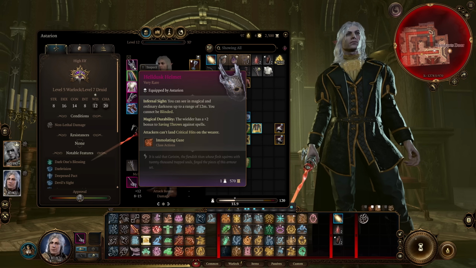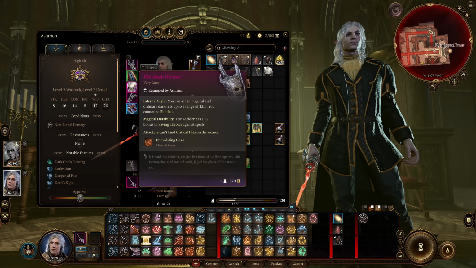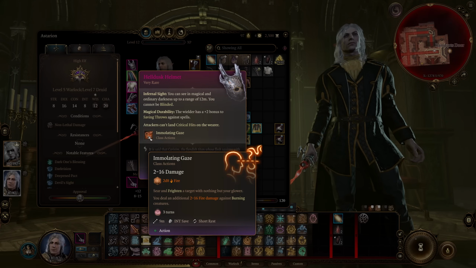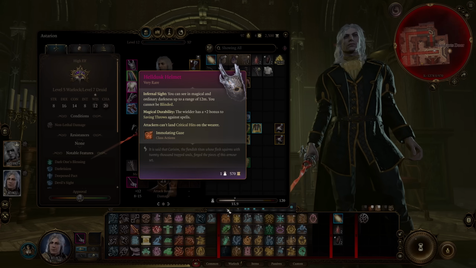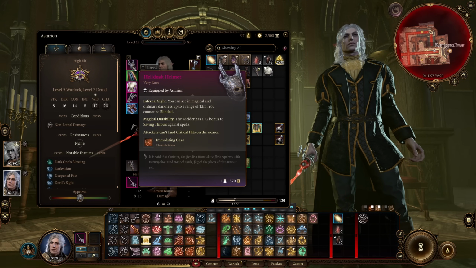You cannot be blinded, great. The wearer gains a +2 bonus to saving throws against spells, amazing, and critical hits cannot be landed against you, amazing. You're also going to get the Immolating Gaze ability that can be used once per short rest that allows you to stare at an enemy, dealing 2d8 fire damage and frightening them as well. It will also deal an additional bit of damage against enemies that are already burning. We can't inflict burning at the moment, but if you have an ally that can, feel free to go for it. But overall, this is a pretty solid on-theme endgame helmet,